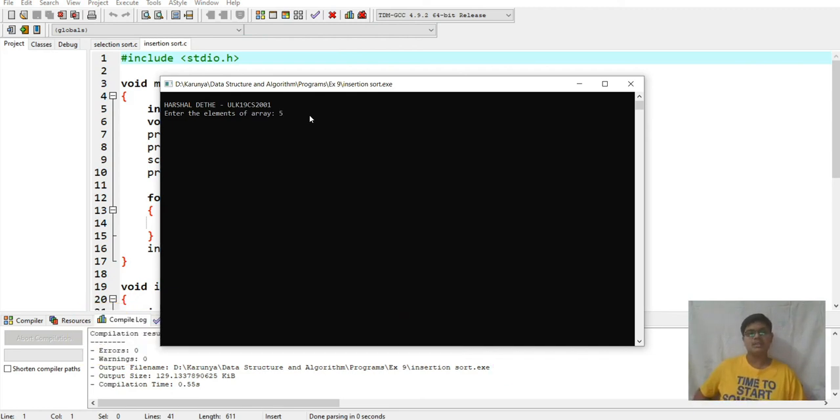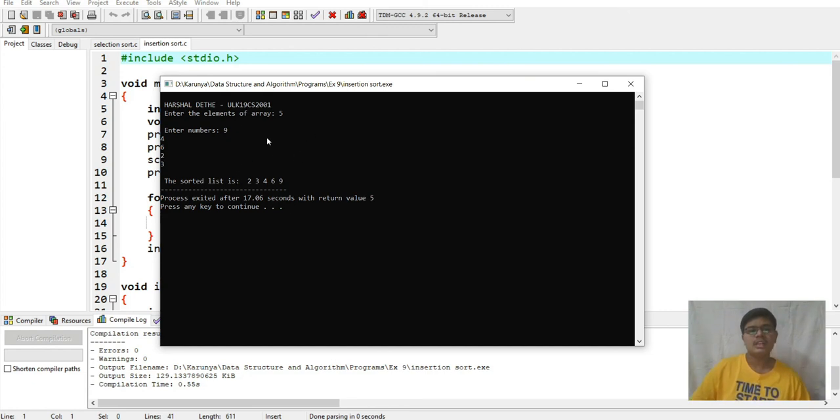I am entering 5. Afterwards I am entering a greater number first, then all lower numbers. Here it is showing us the output, so the pointer will go here. Afterwards 4 is less than 9, then it will go here, 9 will come here. Afterwards 9 will be there. Here will be 4, here will be 9.